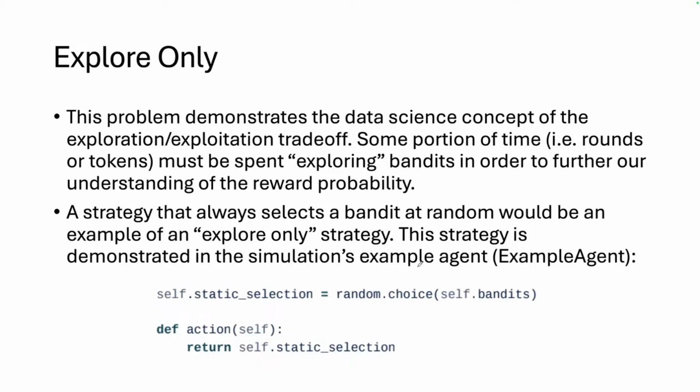So I talked about the paradigm of explore. I'm laying out 2 strategies here. If you're curious about trying out some of these strategies: explore only demonstrates the data science concept of what if we just never exploited anything? What if our agent action was just to return a static selection for action every single time? We just tried a new arm every time our environment asked, hey, agent, try an arm. We just tried the same one.